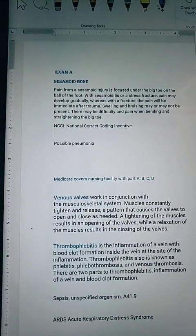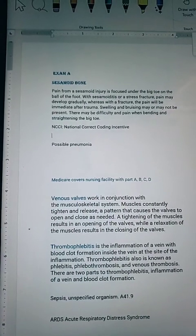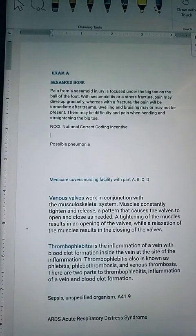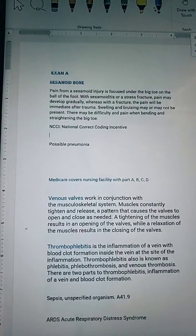Is it a good idea to take the AAPC course? If you have absolutely no medical history whatsoever in coding, have never worked in a doctor's office or a hospital as a receptionist or anything, maybe. It's going to teach you the basics, but what I recommend more than anything is